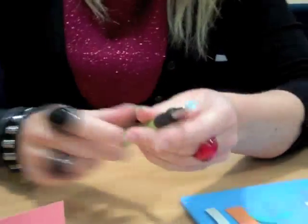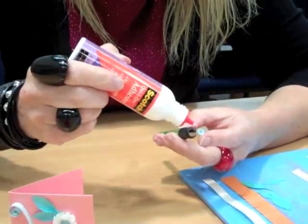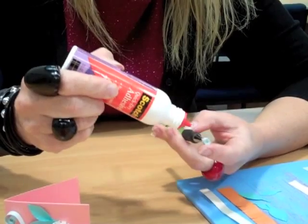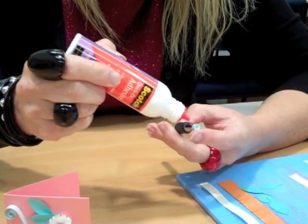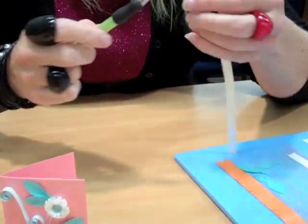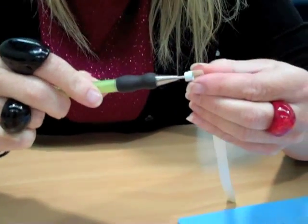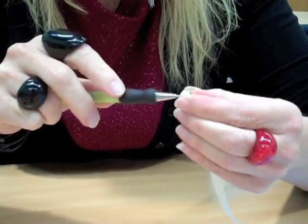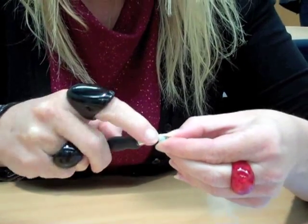And the reason why I love this quilling set so much is because it's so fast. Like I was saying, I love the look of quilling, but it's not something that I would do just because it's so intricate and involved, whereas this kit makes it so fast and simple. So I just put a little bit of glue on there to hold it,